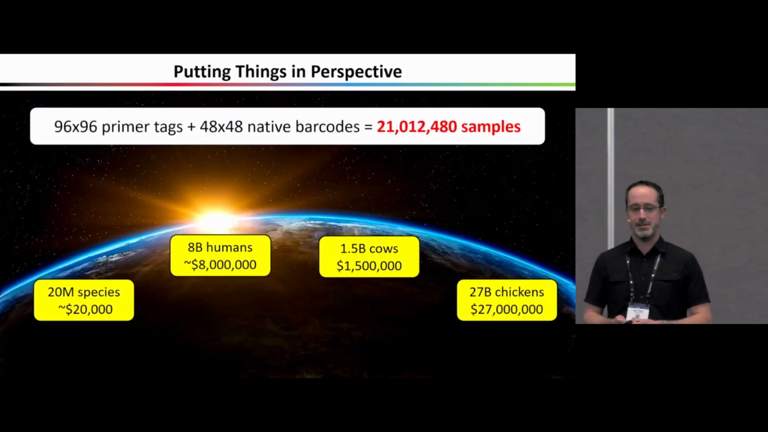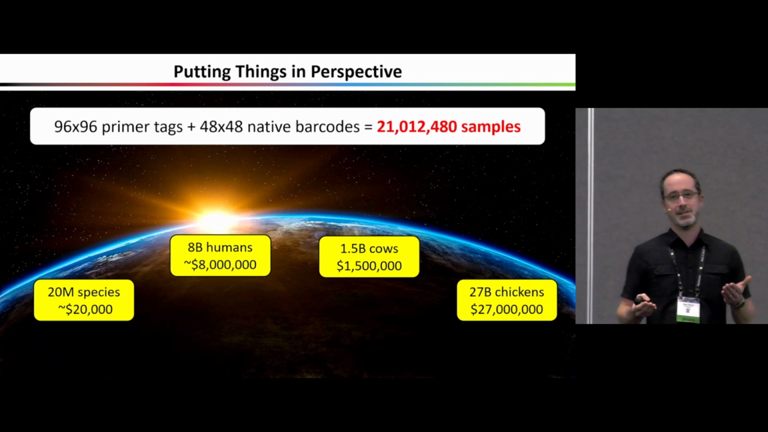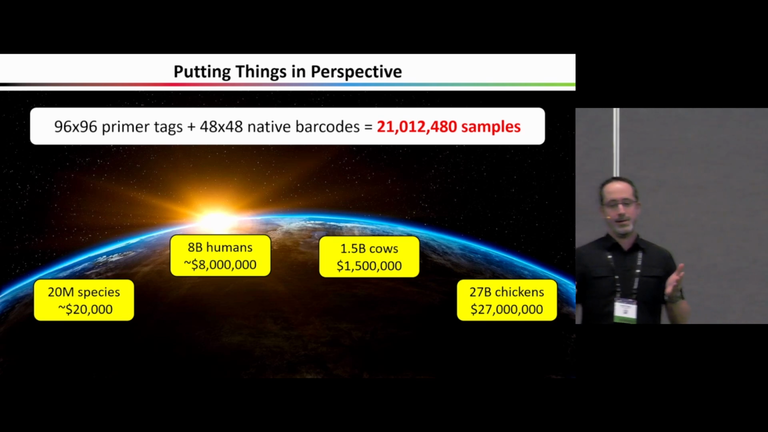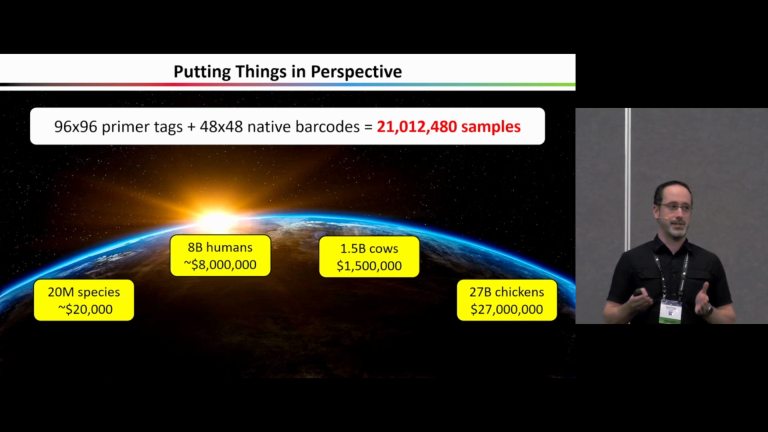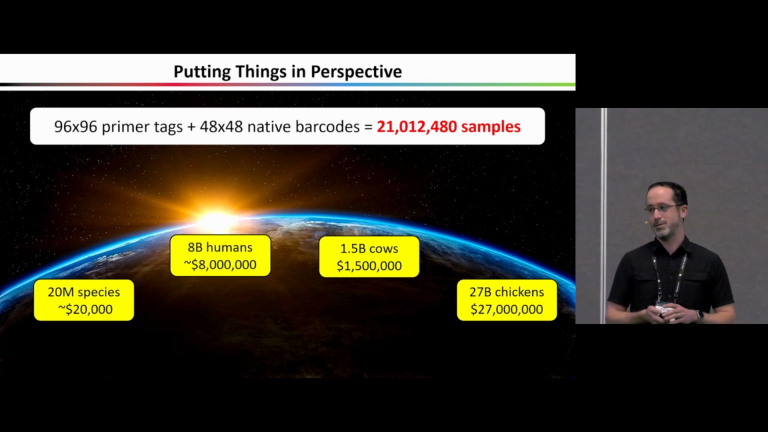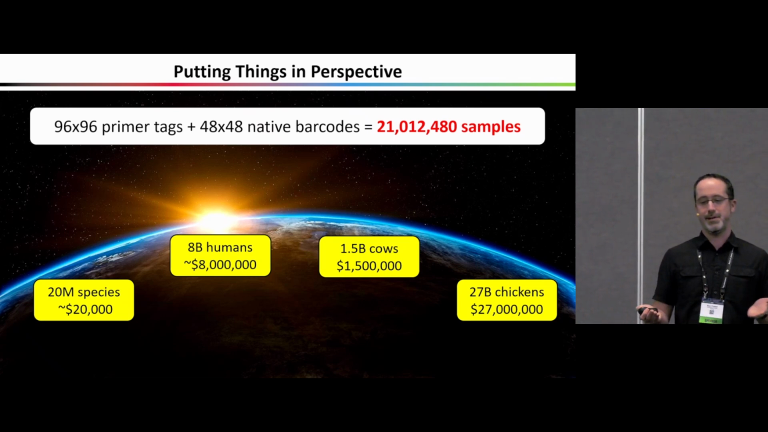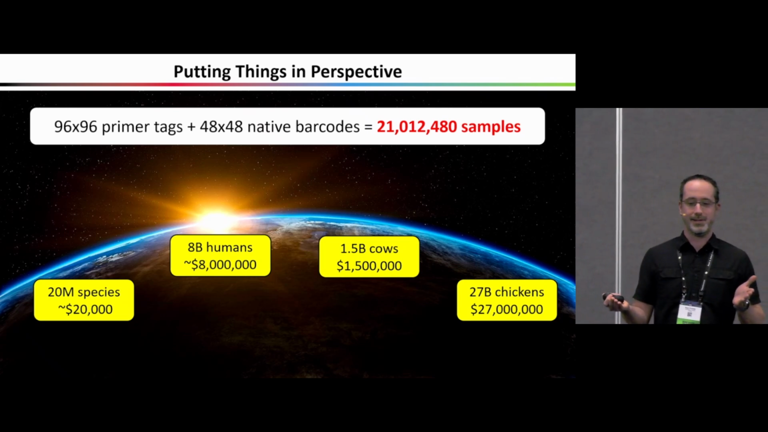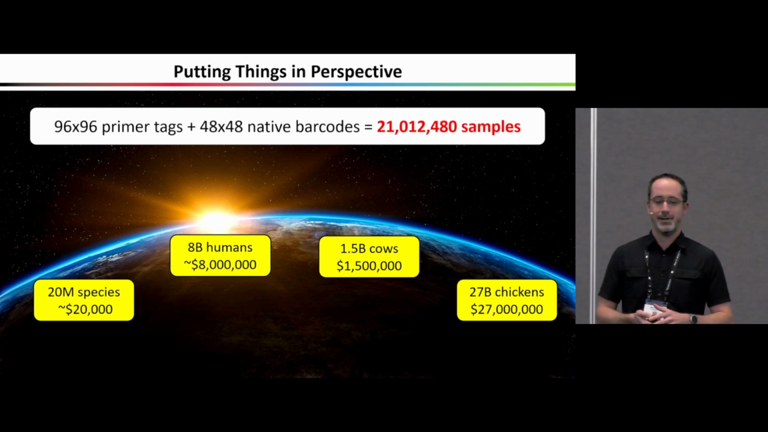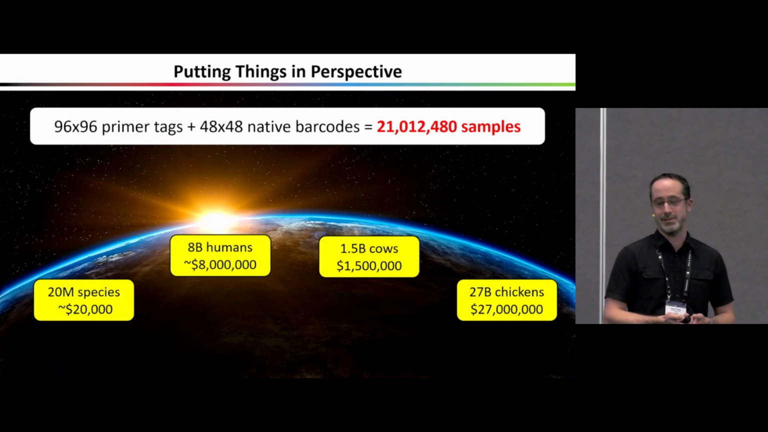And then I'll just finish on this one slide to put things in perspective, because I've been talking about DNA barcoding, but really this strategy can be used for a lot of different purposes. So just by using the 96 forward and 96 reverse primers that we have available in our lab, plus the 96 native barcodes that ONT commercially produces, we could theoretically, in our relatively small academic lab, tag over 21 million samples in one library. That means we could sequence, in theory, all 20 million species on Earth for $20,000,